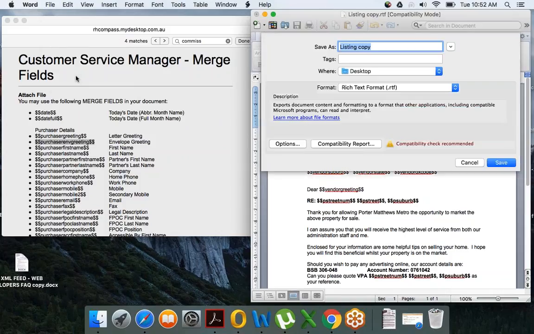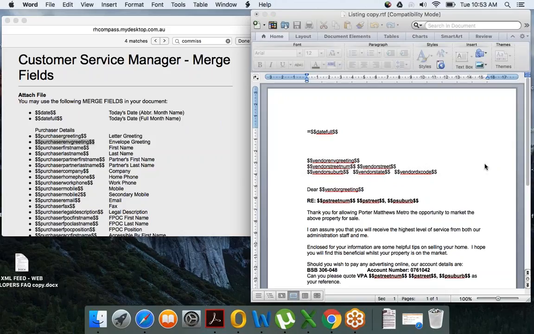Okay, we don't want you saving your documents as a .doc or a .docx. They must be saved as a rich text format document, okay, an RTF. So you need to save it in that format. If you don't save it in that format, it won't merge in rhCompass when you bring it over, because it's not in the right format. You must save it as a rich text format. Okay, so once we've created a letter and saved it as a rich text, I'm just going to replace the